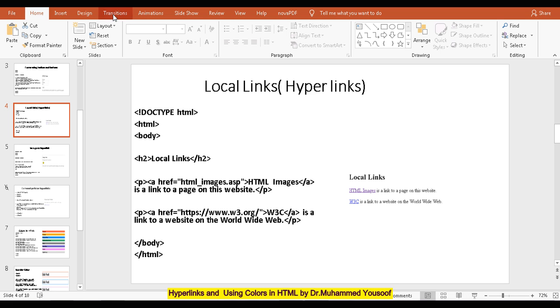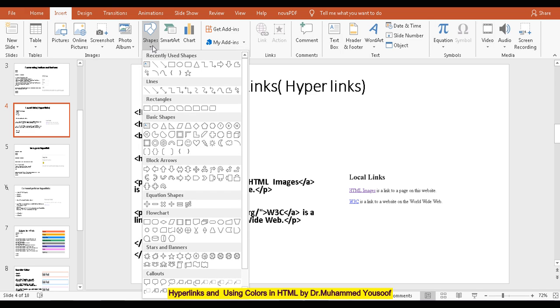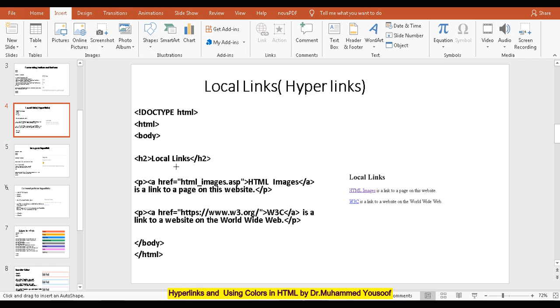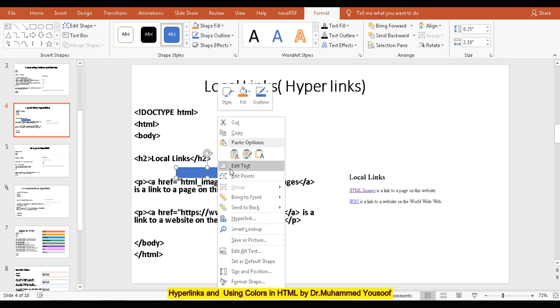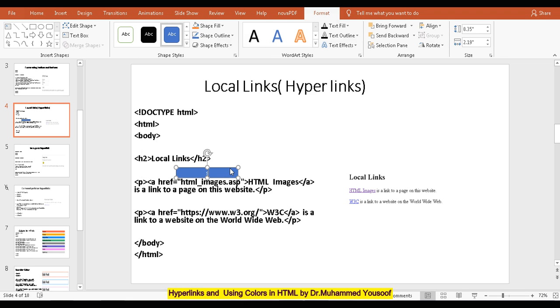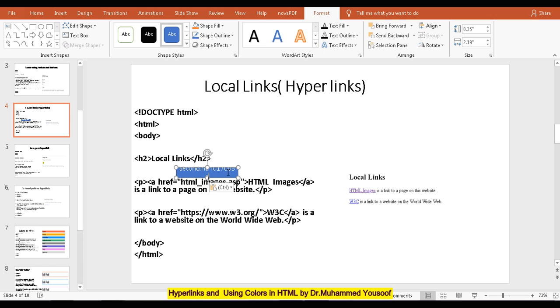For example, if you are going to have your own web page, you can add the file name as you would like to add, like for example, second.html. If this is your file name, you can just give the name of the file here, and whatever you want to make as a hyperlink, you can give it over here. Let me just write it down for you to see it very clearly. Now you can see here, this is one thing which I made.